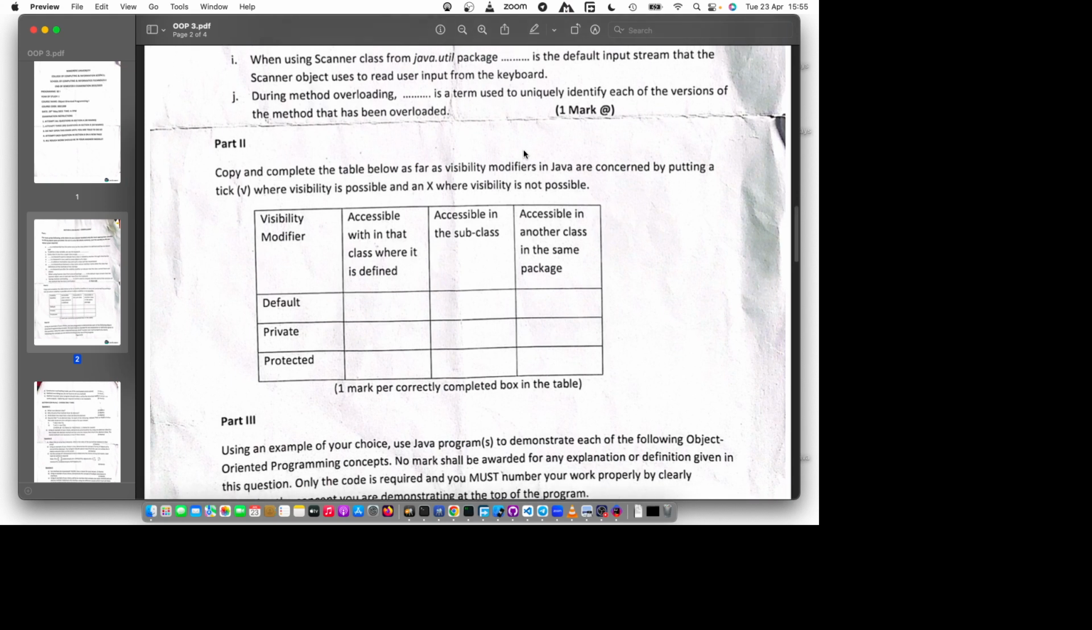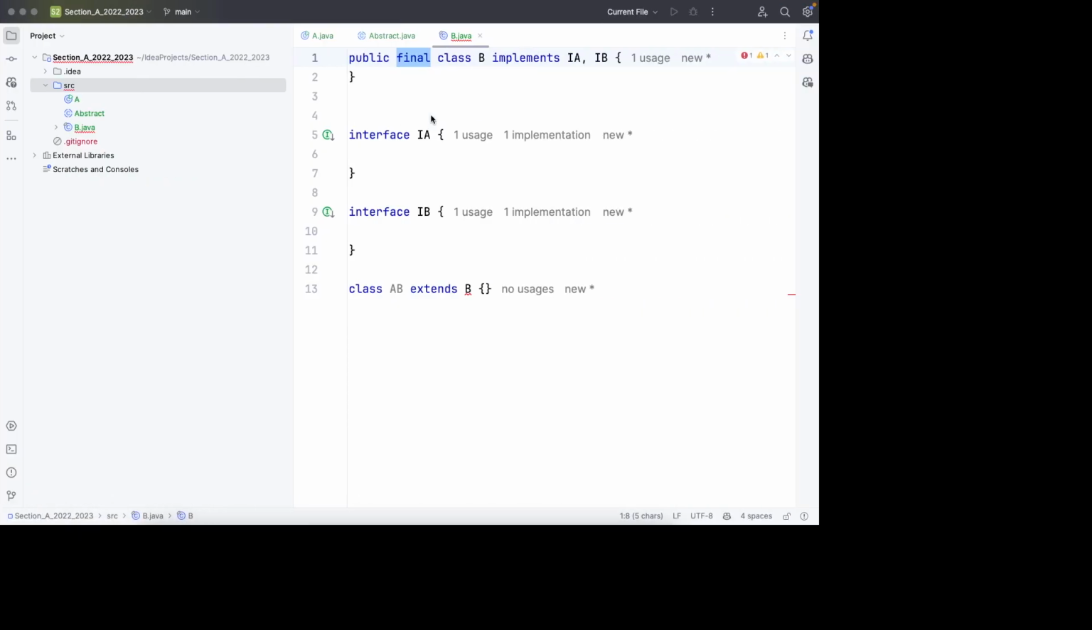Move to I. When using scanner class from Java.util package, dash is the default input stream that the scanner object uses to read user input from the keyboard. So they are looking for the input stream that the scanner object uses to read input from the keyboard. What kind of input stream is that? Okay, so